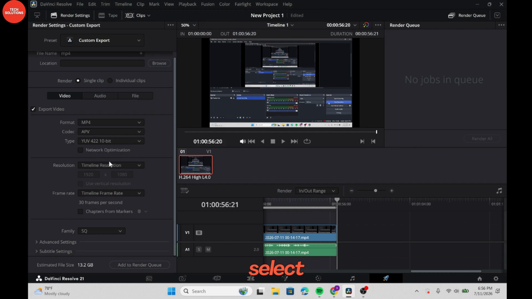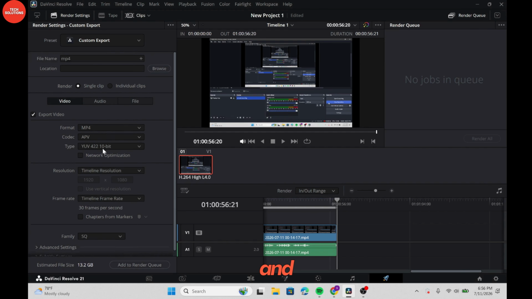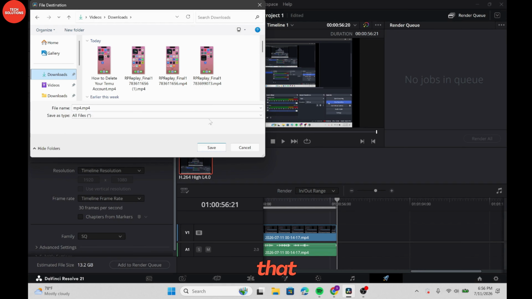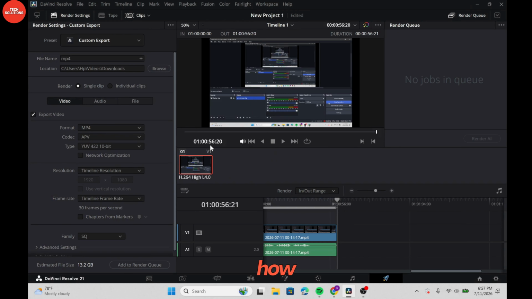And here you can also select the resolution, your frame rate, and after that select Browse in the top and choose where you want to save the file. As I'm going to select this Downloads here, and after that select Save. And that is it. This is how you can export as